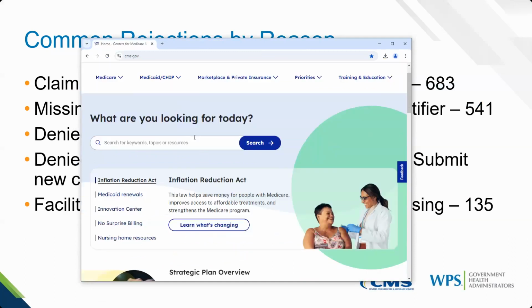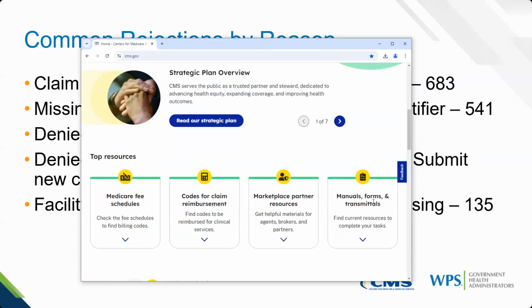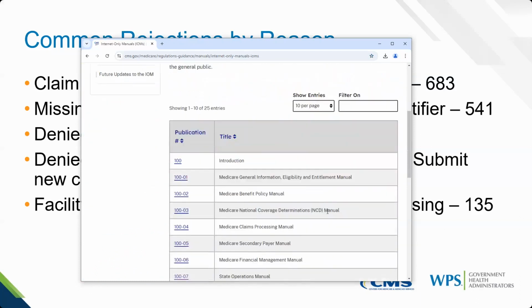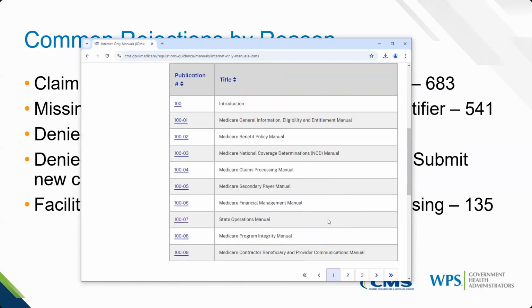Here's CMS's homepage. If you want to find the internet-only manuals, scroll down the page and choose Manuals, Forms, and Transmittals. Next, you can choose to view internet-only manuals, and here they are all listed, all of the CMS manuals.